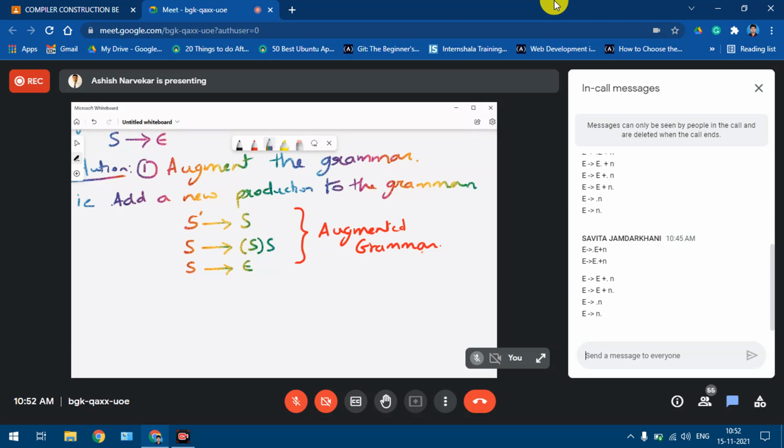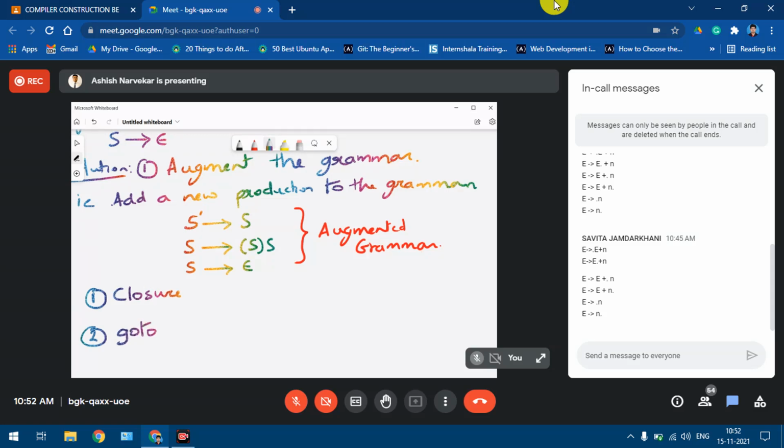That's what the augmented production helps in determining, whether a string can be parsed successfully or not. Now once you have augmented the grammar, there are two major steps that we need to deal with. The first step is called finding the closure, and the second step is called goto.